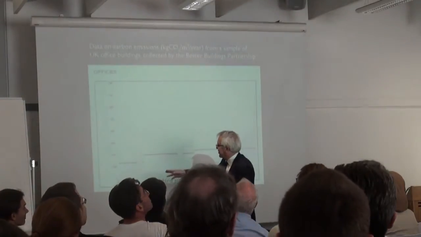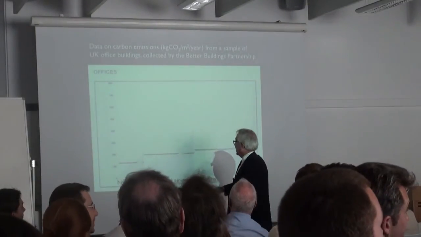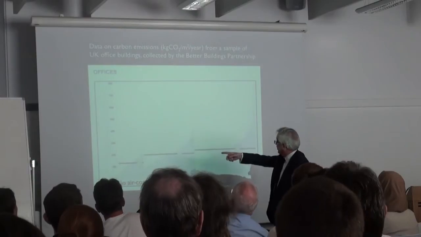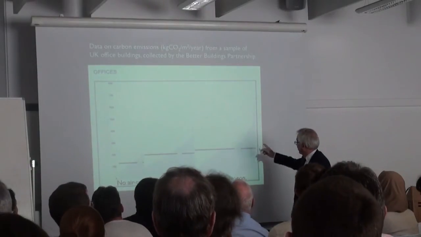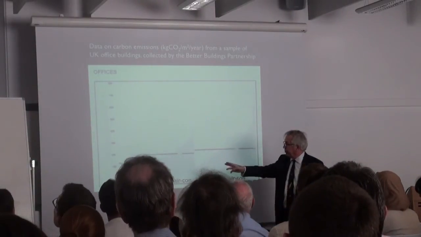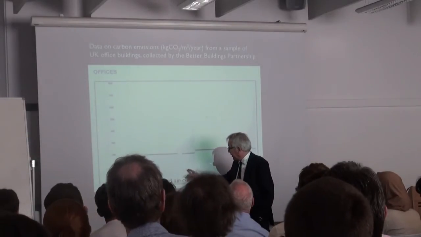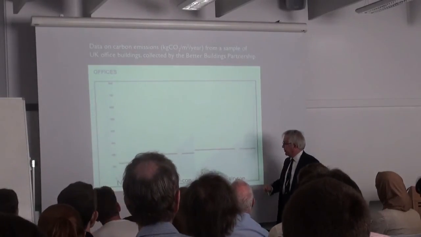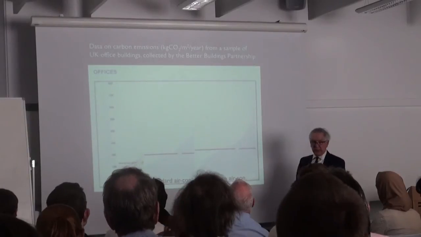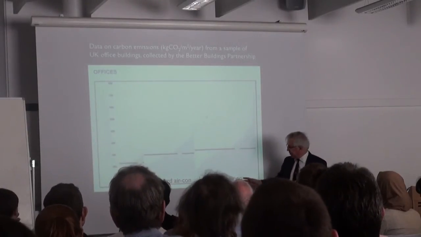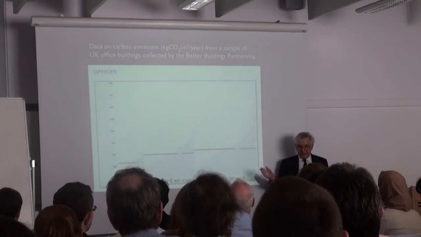Anyway, just to explain, this is CO2 emissions. Each line here is a building, and they're divided into no air conditioning, standard air conditioning, and prestige air conditioning. Now, I'm not quite clear what confers prestige on some air conditioning, except that clearly it